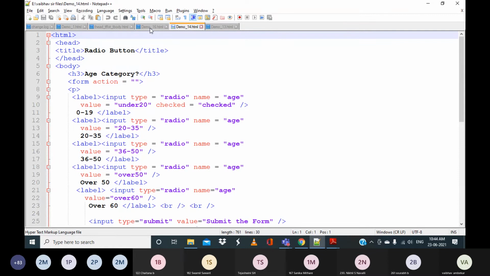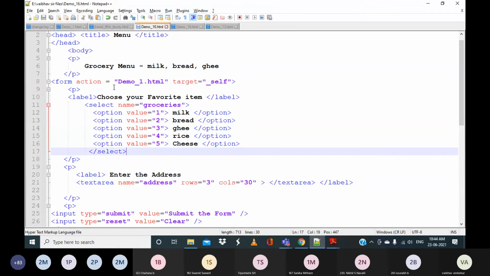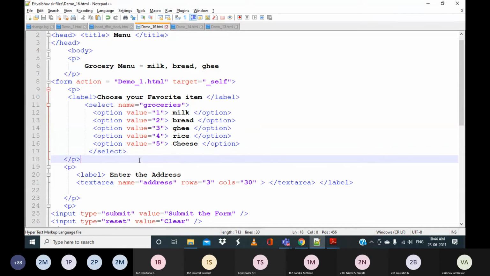Then for the form we require the action, which specifies where this page should redirect or where it should reach. Then we have another option for the form called method, that is get, post and so on, which we are not going to consider now. After all this we can close the form tag.